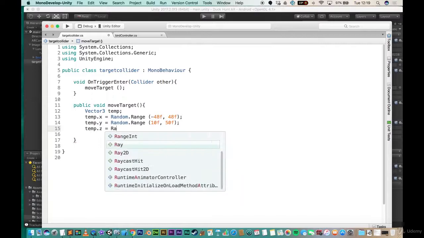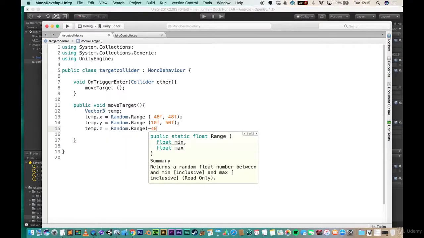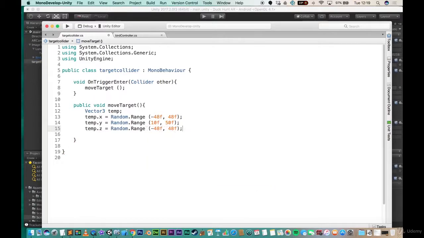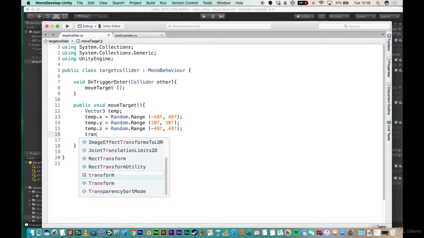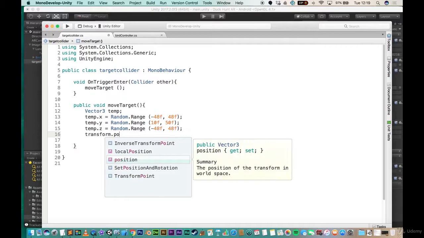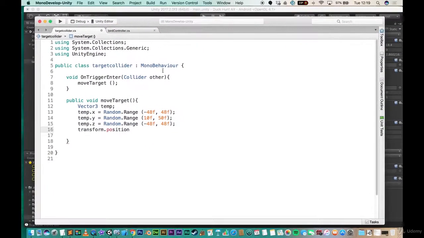The z-axis would be a random range between -48 and +48. Great, and then all we have to do is get a hold of the transform that's attached to this game object, which is the target focus box, and set the transform's position, which would be this line here, to be a new vector 3,